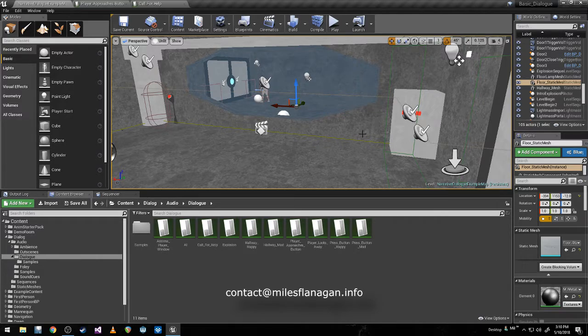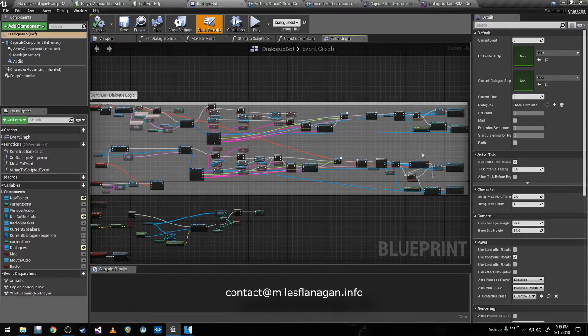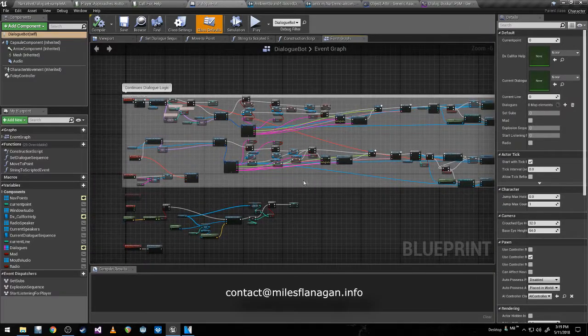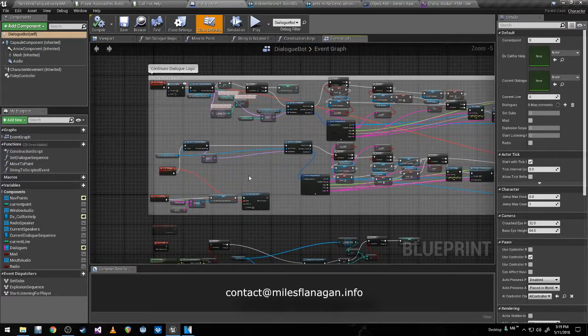Because the dialogue is interactive, I split the script into segments that would, if uninterrupted, continue playing each line until the end of the segment. So let's run through the script real quick. This is the script right here that controls the logic for the dialogue. It also does a lot of the gameplay scripting and everything using events in the dialogue itself.